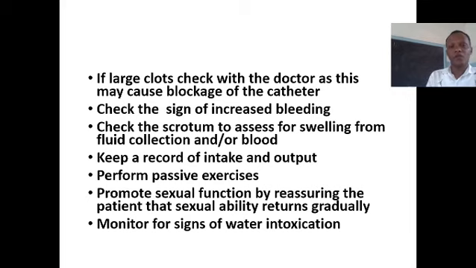If a large clot, check with the doctor, as this might cause blockage of the catheter. Check the signs of increased bleeding. Check the scrotum to assess for swelling from fluid collection and or blood. Keep a record of intake and output. And you also perform passive exercise.